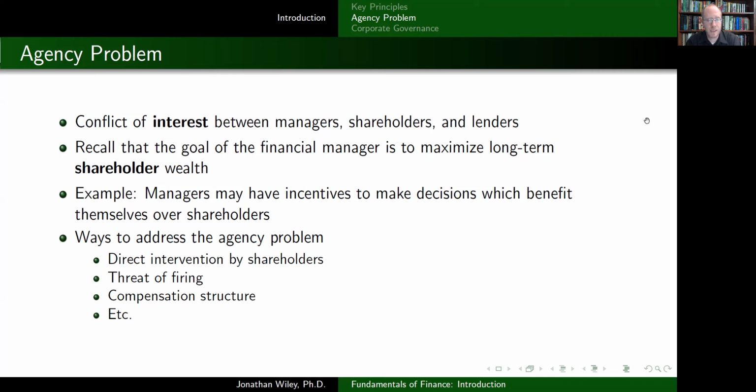Now, I also have lenders in here as well. When lenders lend money to the firm, they often have certain stipulations or interests, and they are perhaps going to be concerned about risks the firm is taking, et cetera. The choices that might be best for the shareholders won't necessarily always be best for the lenders, and similarly for the managers and lenders. So that's the idea behind the agency problem. As it relates to the discussion I'm going to start in a moment, I'm going to be focusing primarily on the conflict of interest between shareholders and managers. But it is worth noting that there can be an agency problem as it relates to lenders and so forth.